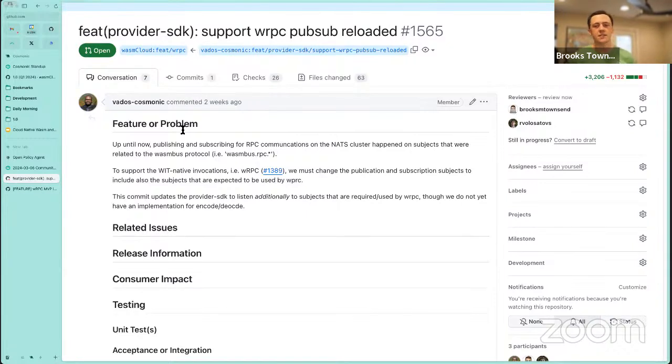But what this does is take the current provider SDK and WIT bindgen macro, and instead of generating handlers for WASM-Bus RPC, which it already was doing from WIT, it enables you to generate types, like I said, that it was already doing, and handlers for WRPC. So when you write a capability provider with the provider SDK that's in this PR, it will actually subscribe on the WRPC topics,